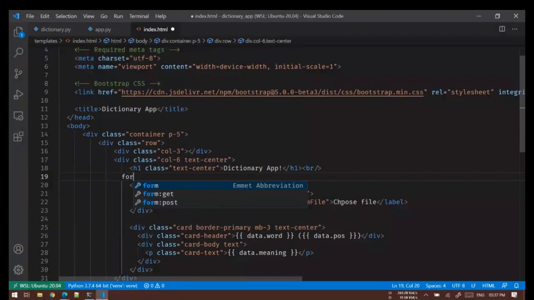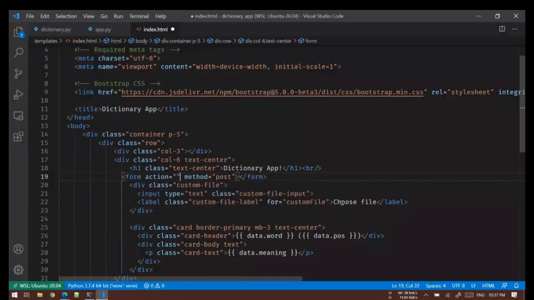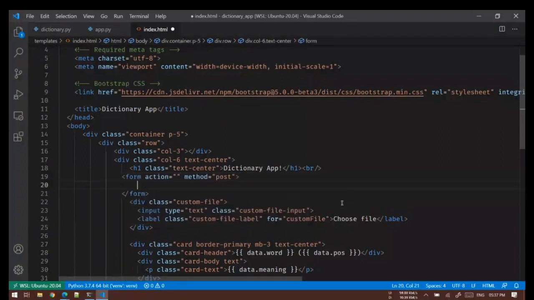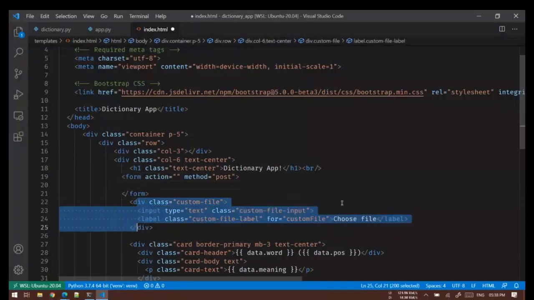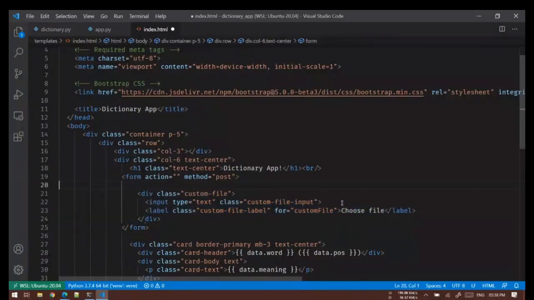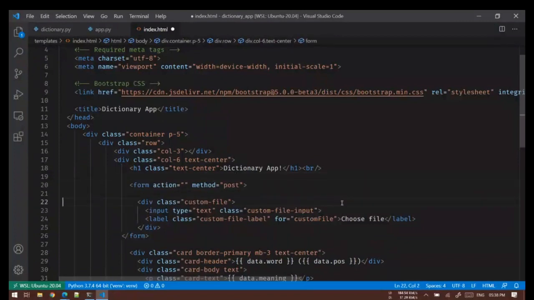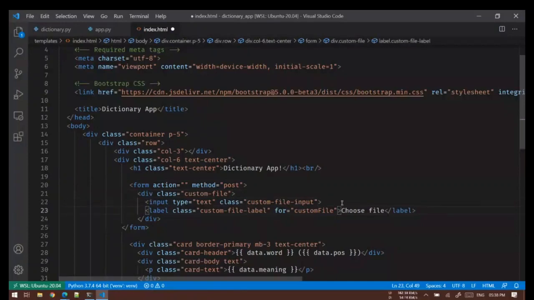Form, and method will be post. So I'll take these elements and put them inside this form. Okay. So this is my form.